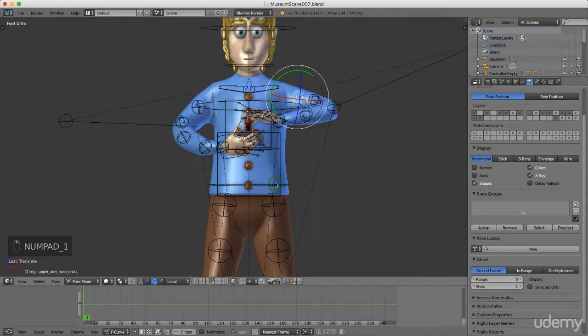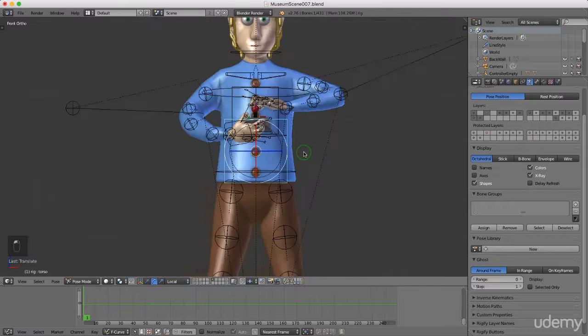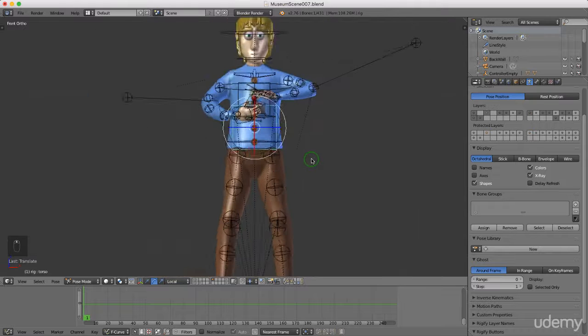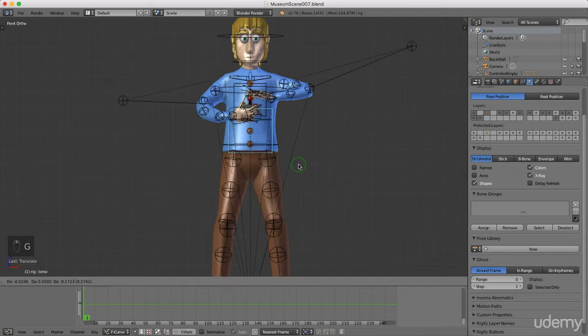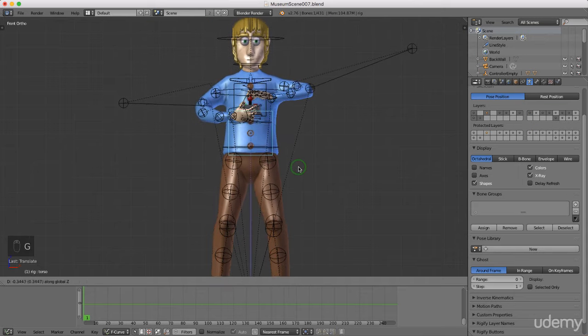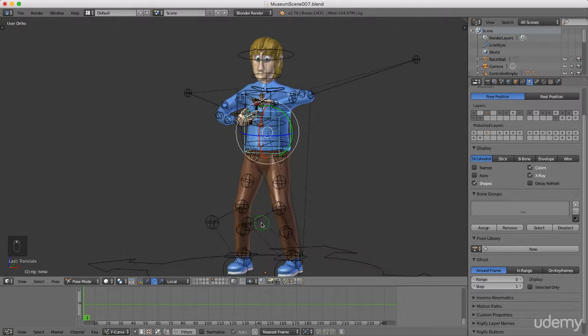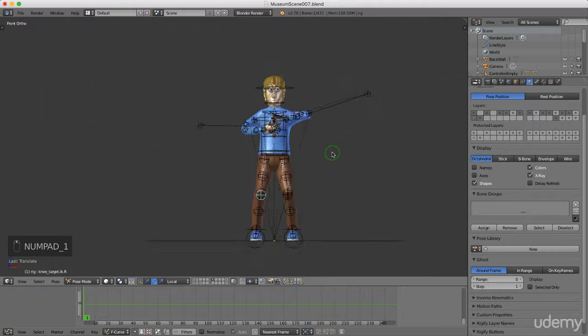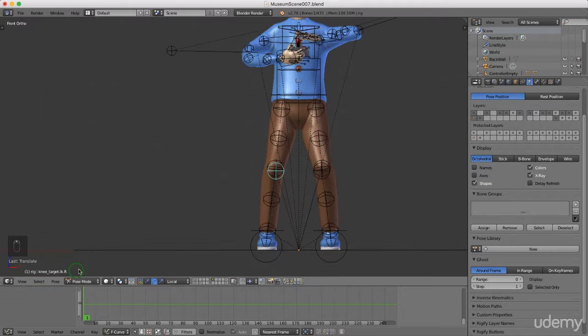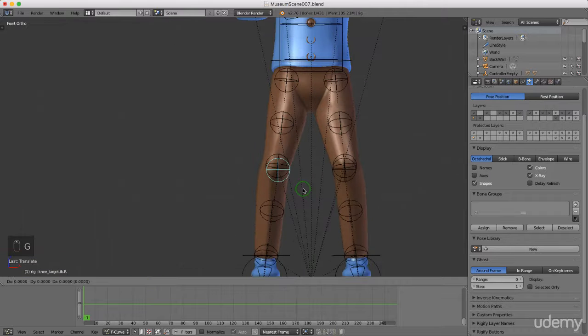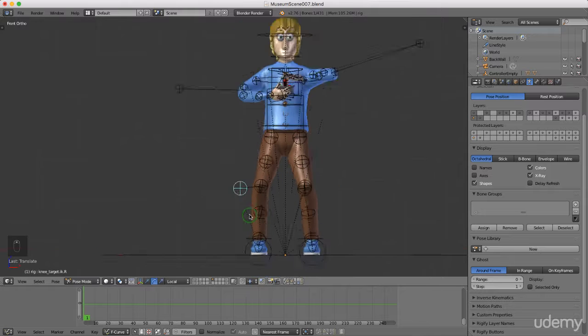I'm going to select this bone here and press G and Z. I'm just going to drag him down slightly just to give him a pose like this, and I'm going to select one of his knee controls and press 1. The knee target IK, okay, and just press G and just drag this out a little bit. Okay,